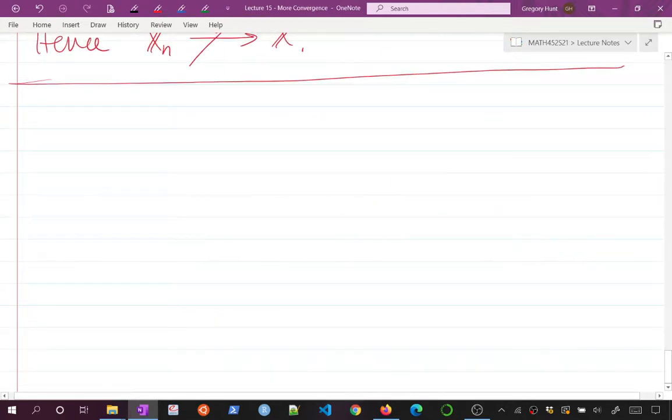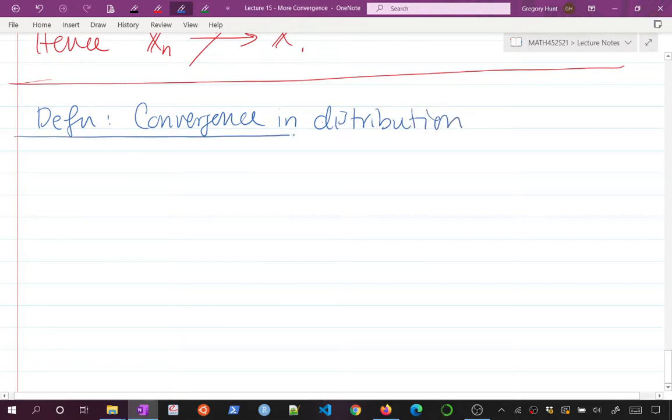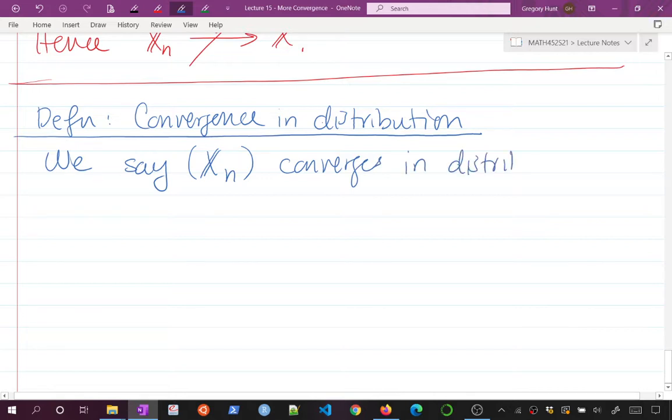Okay. So that is 2 types of convergence we've talked about so far. And the third type of convergence that we want to talk about is called convergence in distribution. We say that a sequence of random variables xn converges in distribution to a limiting random variable x, denoted xn with an arrow with a d for distribution to x, if,